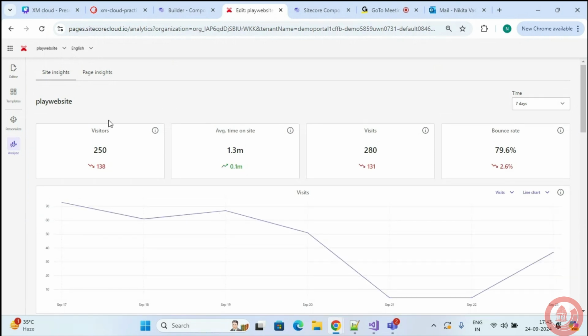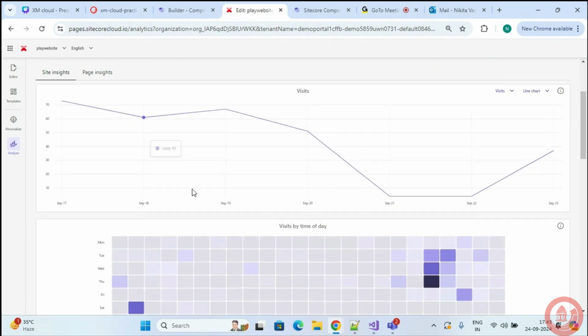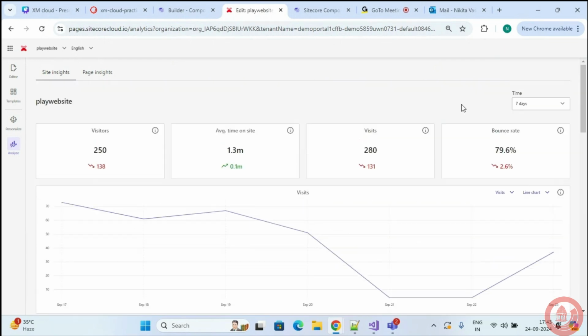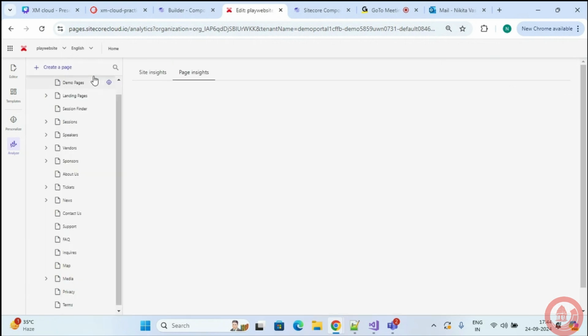Another feature that we have over here is to compare our variants. Supposedly, if we have added a personalization on one page and I want to see how my default page is performing versus the personalized page, say I am running a campaign and doing my A/B testing, if I want to compare two variants, that can also be done. I can select my other variant and see the insights for that also. All of these things can be easily managed or captured in our analytics tab.